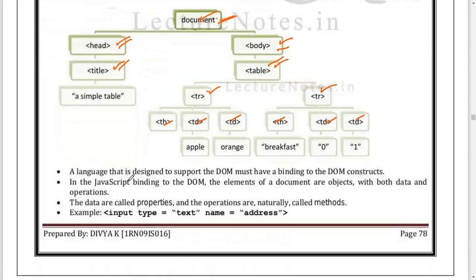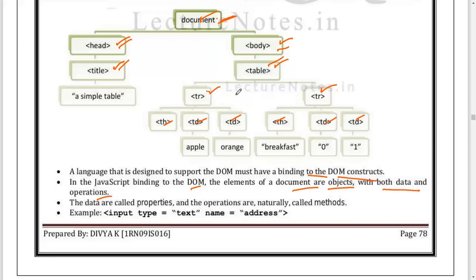A language designed to support documents must bind to document constructs. In JavaScript, binding to the DOM, the elements of the document are objects with both data and operations.